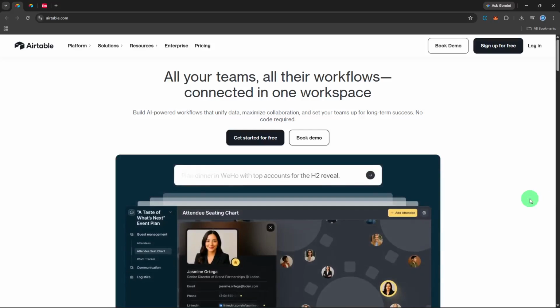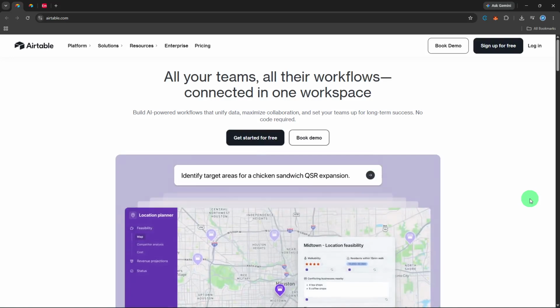Let me show you the fastest way to delete Airtable bases, so you can clean up your workspace without losing